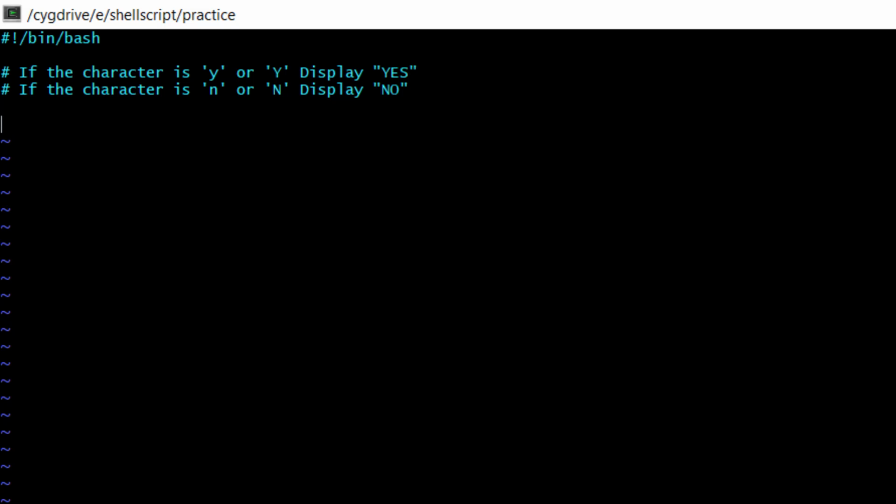Now first of all we will read input with the help of a read command. I will give the variable name as input only, and after that we will pass an if logic. The if logic will be something like this: if $input equal to small y,